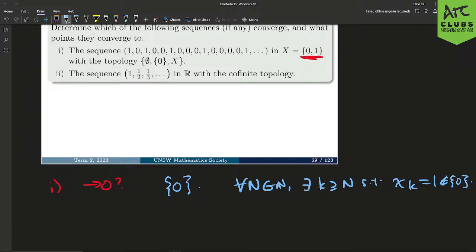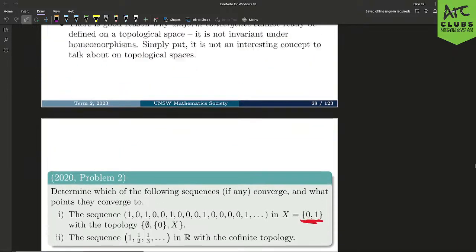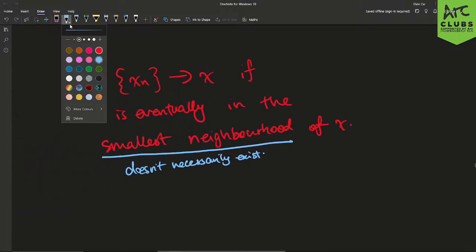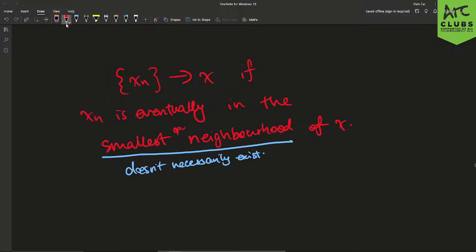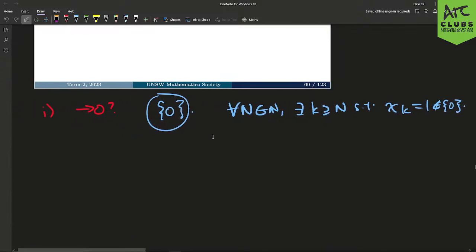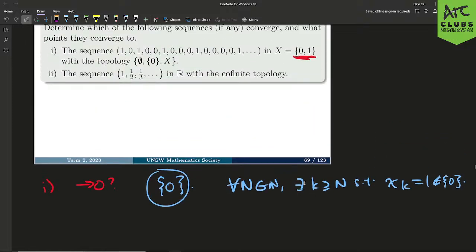So in your proof, it would be, it doesn't converge to 0 because there is a neighborhood of 0, which is this. Oh, sorry, let me quickly fix something up, which is, I mentioned smallest neighborhood. Here I can add the qualifier smallest open neighborhood, just because they're going to be the same thing, but it's a lot easier to think about. Yep, so this is our smallest open neighborhood containing 0, and the sequence isn't eventually inside this set,